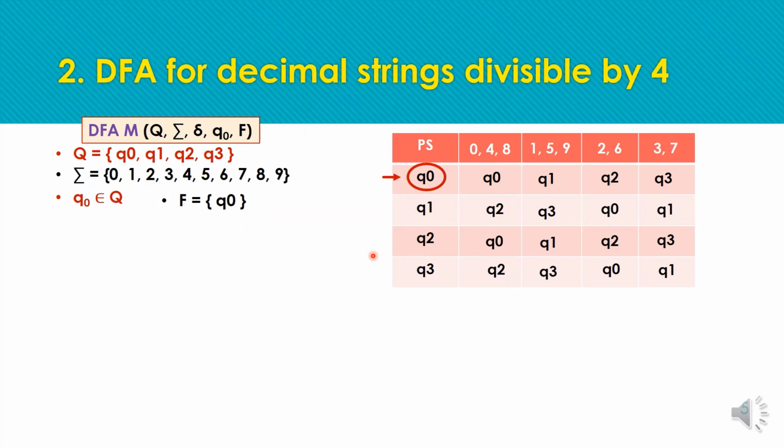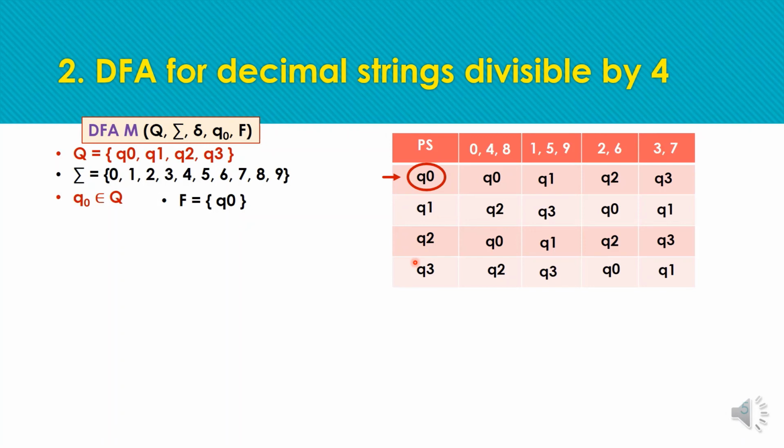But one thing to be tracked here is we can only merge the states of the same group. By group here we mean the group of final states and the group of non-final states. As Q1 and Q3 are similar states and both are non-final states, both belong to the non-final group. So we can always merge these two states. We can merge a non-final state with another non-final state, or a final state with a final state, but we cannot mix the groups, which means we cannot merge a final state with a non-final state.